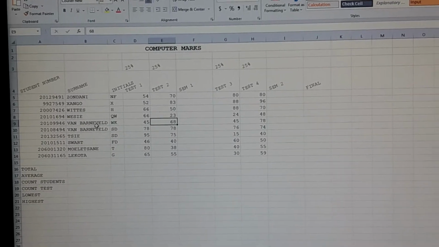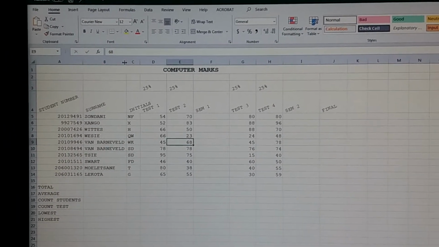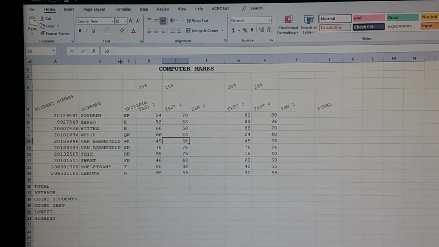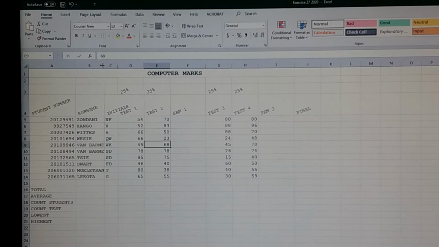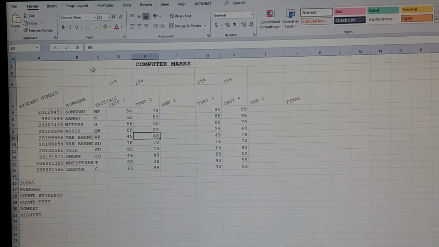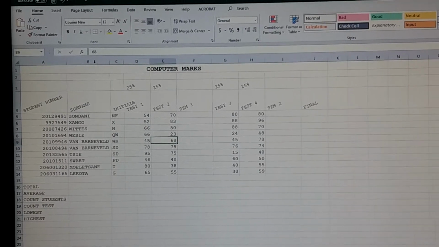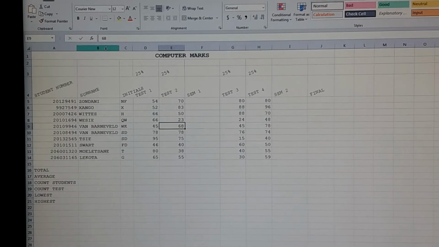They say best fit the column. To best fit the column, you just double click between the columns. For example, if the surnames were not fully displayed there, you just need to double click on it. Okay,